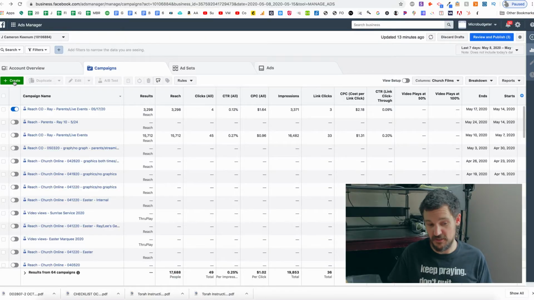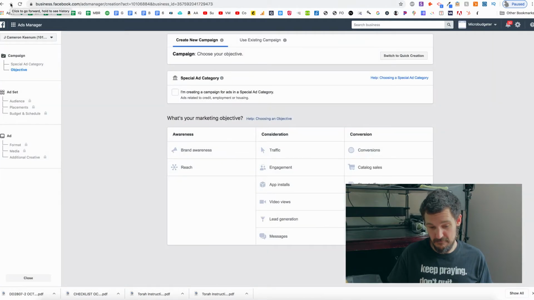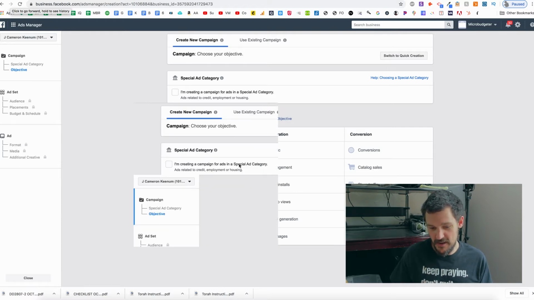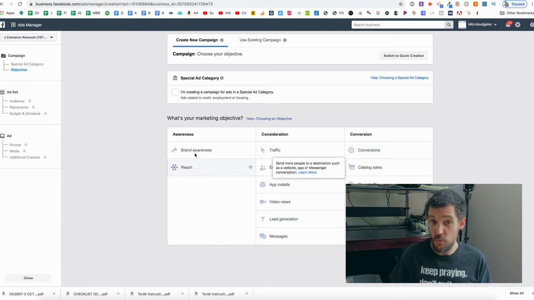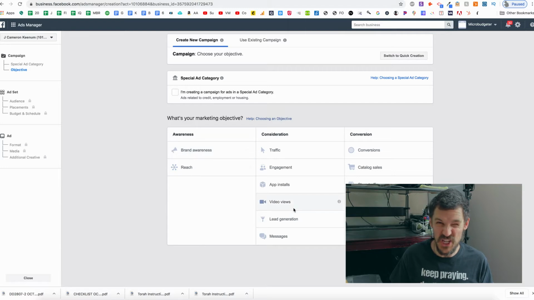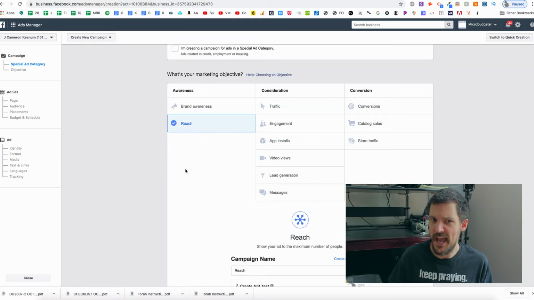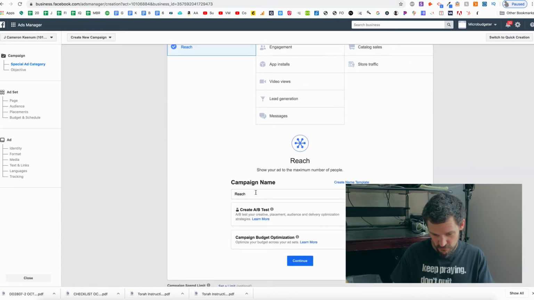All right, inside your Facebook Ads Manager, go ahead and click that big green button that says Create. Once you do that, you're going to go to the plethora, that's right, plethora of options that show up in the Facebook Ads Manager. We don't care about any of these except video views. That's a good one. And the reach campaign. Awareness, aptly named, I would say. We are going to call this reach